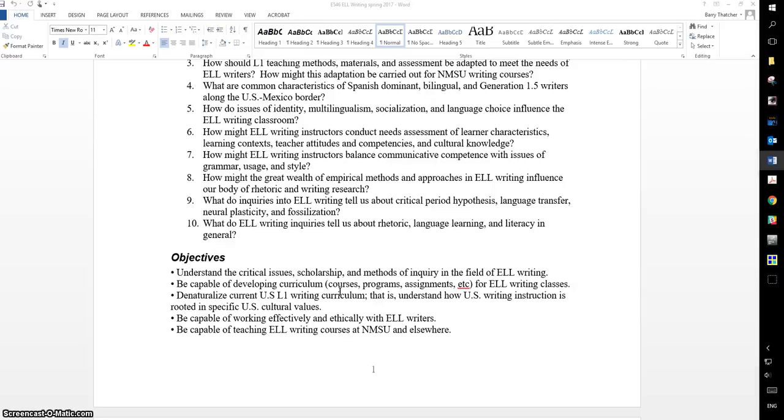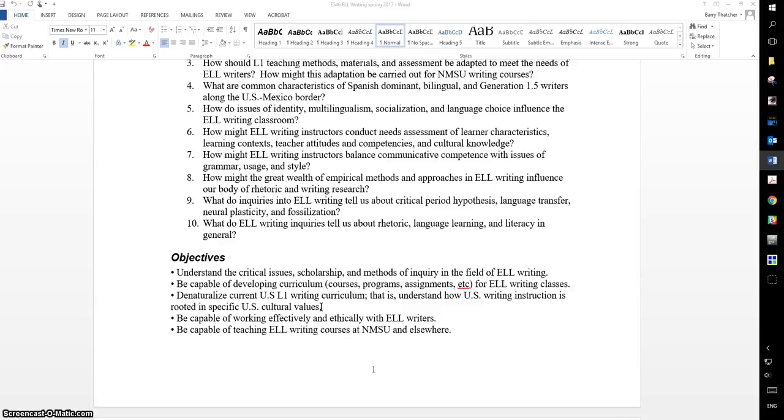And one of the assignments is that very thing, to develop curriculum. I hope you will be able to what I call denaturalize U.S. L1 writing curriculum. That is, understand how U.S. writing instruction is rooted in specific U.S. cultural values. For example, we tend to teach in our first year composition course overt thesis statements with a documented